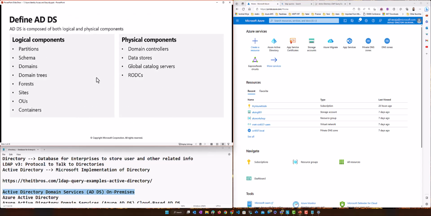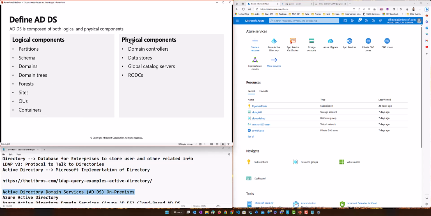Active Directory, again, I don't want to go into the details, right? But the main thing is there are logical components. There's a schema, domains, trees. We don't need to know about these things. If you want to know, you can go and read about these a little bit more. I don't want you guys to go into these right now. A little bit more advanced topics.